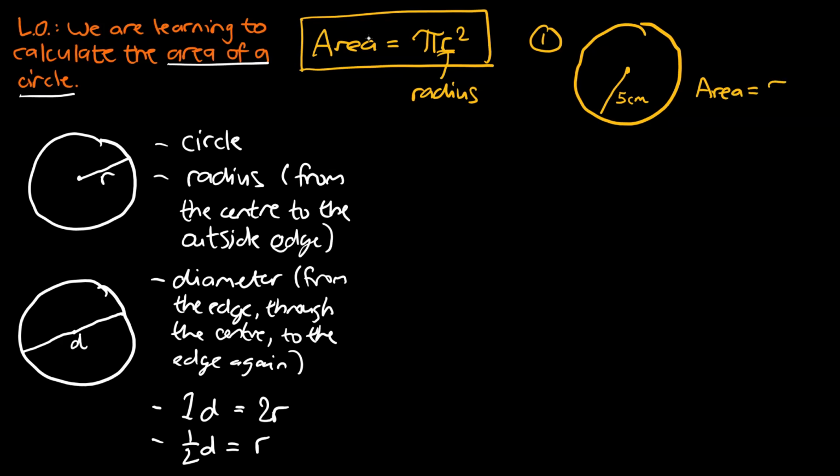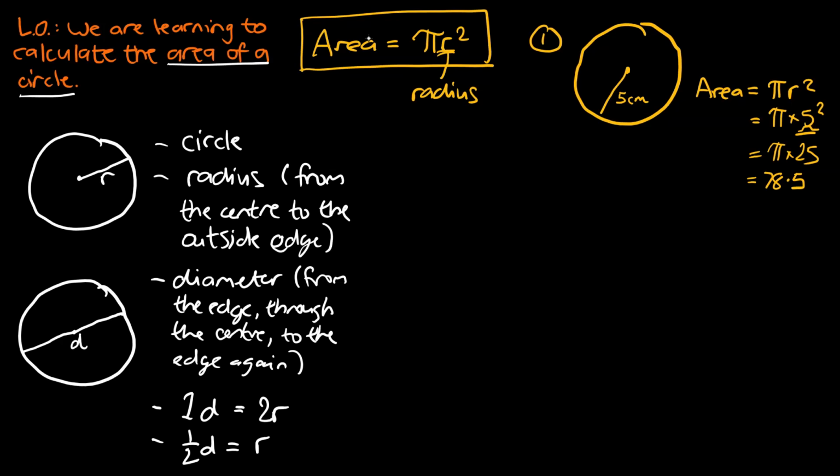So we would start off by writing our formula. So the area is equal to pi r squared. And in our case, we know the r value is going to be 5. So we're going to go pi times 5 squared. I'm going to calculate the 5 squared first because we've got to follow BEDMAS. So that's going to be pi times 25. And then when we put that into our calculator, 25 times pi, that's going to get us to